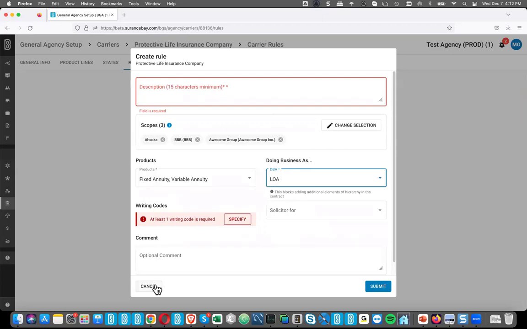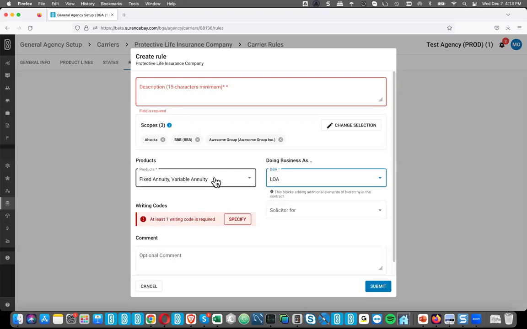Just to elaborate on that, everybody, basically you can create the rule for the carrier or by affiliation. This is just an additional option you have to easily create an override for the carrier. Previously the only way you could control or enforce a DBA type, if your producers were accessing their own profiles, they could set their DBA type and submit requests, and you wouldn't have any control over that. You'd have to go in and change it if they got it wrong.